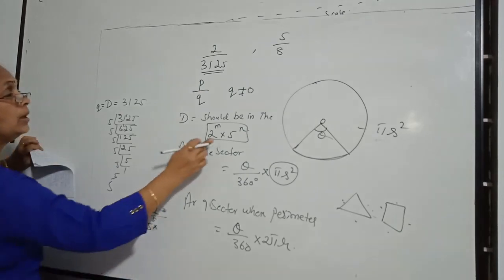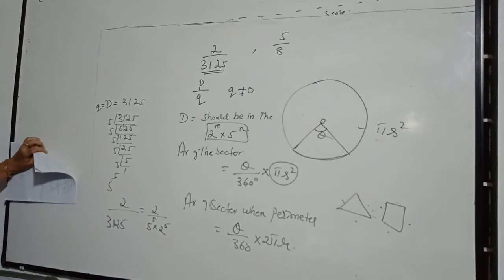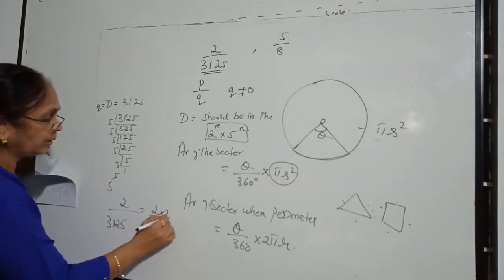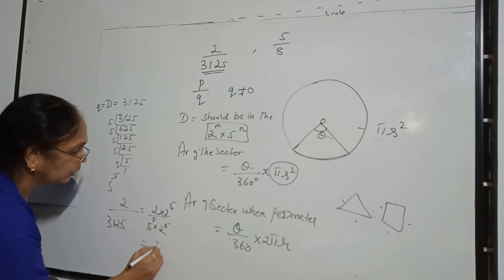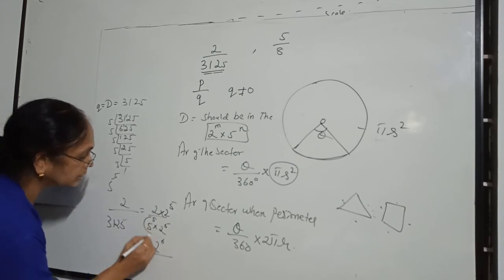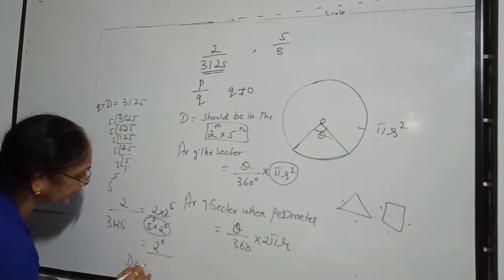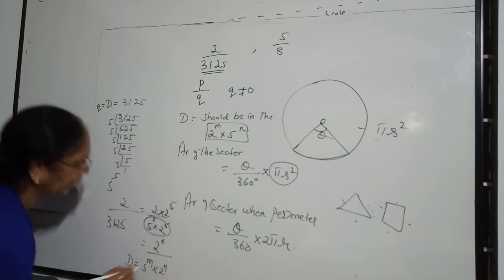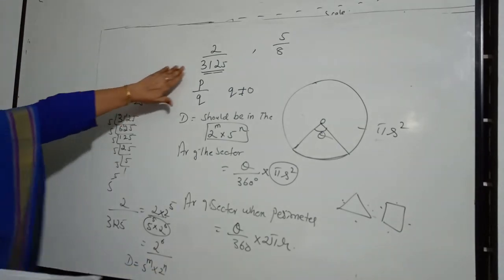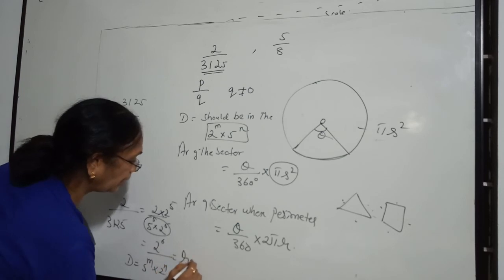Now I only want something like 2. That also can be written. Write this in the form of 2 raised to 5. The same thing you write here, 2 raised to 5. Now here 2 raised to 5 into 2 raised to 1, 2 raised to 6. Now since this number, that is the denominator, is written in the form of 5 raised to m into 2 raised to n, this number is a terminating rational number.